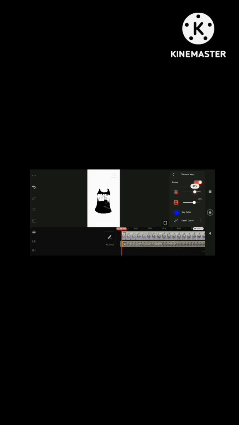If you are wearing a black t-shirt and that t-shirt is the one that you want to use, choose black as the keying color. If you are wearing a blue or green, and in my case you can see that I'm wearing purple, but purple doesn't exist among the colors that we can choose, but the nearest color is blue. That is why I chose blue.